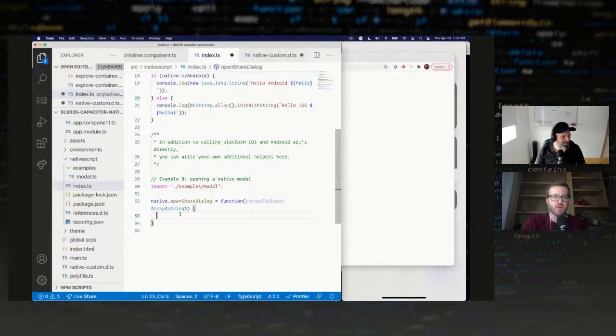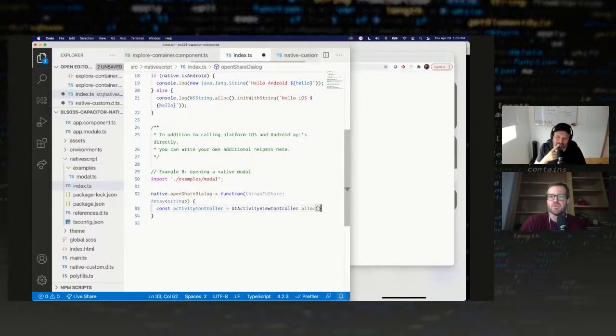So from here, we're going to do just straight platform development. So I'm actually going to create an activity controller here. I'm going to use something that's provided by iOS. You can find this in the docs. It's called the Activity View Controller. And I'm going to construct one of these. This is pretty typical in NativeScript development in general, and also common for those on iOS who have done iOS development before. But we're going to use alloc, which is a shorthand for allocate. And then that gives you access to all the initializers for this class, which one is called init